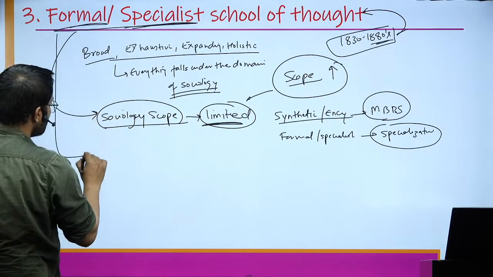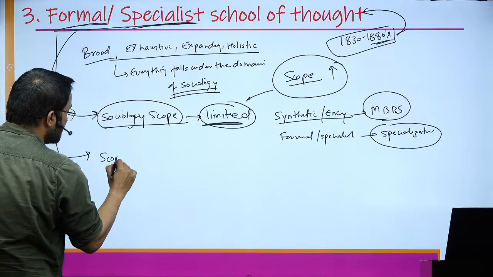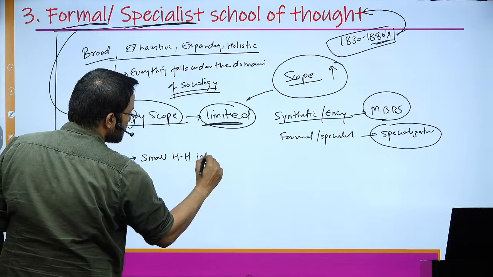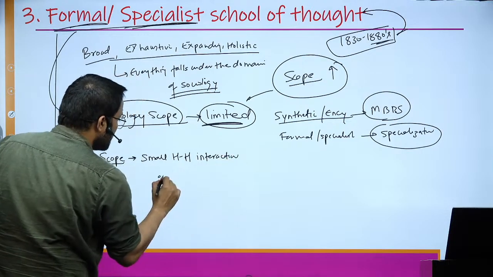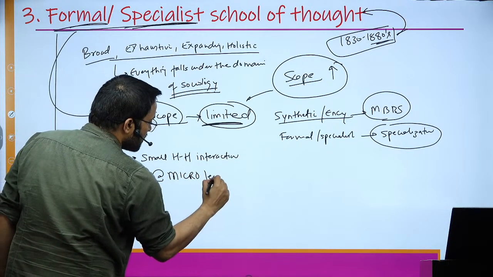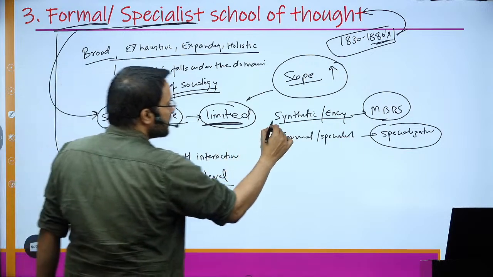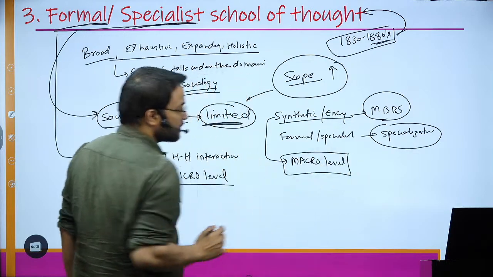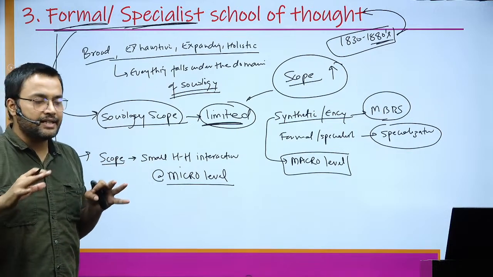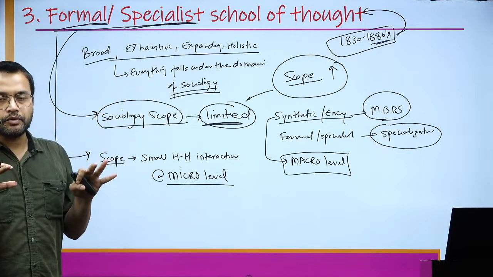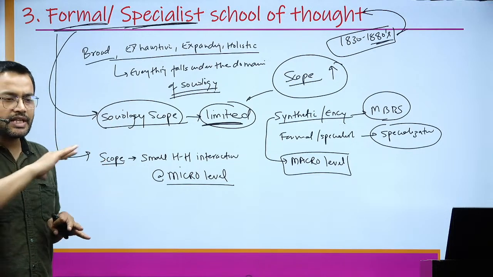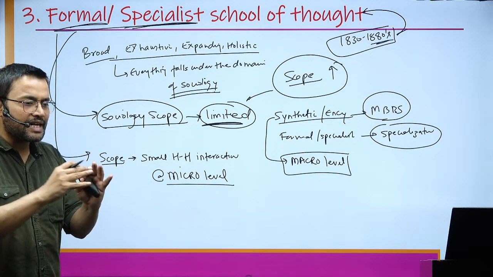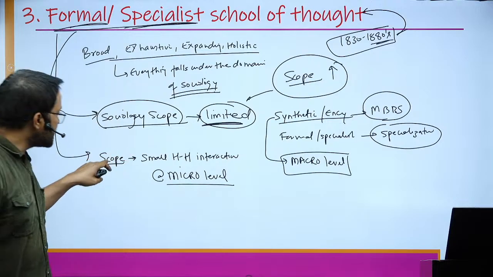Now they believe that the scope of sociology is limited. Why? Because they deal with small human to human interaction at the micro level. Earlier, the synthetic school was going at the macro, broad level. It is just like for any particular society, you are going and having a drone view, an aerial view. What is the layout of the society or the city? But you are not going deep down into how the roads are constructed, how the people are interacting, how the buildings are designed. You are not going to that part. This is what they are saying.